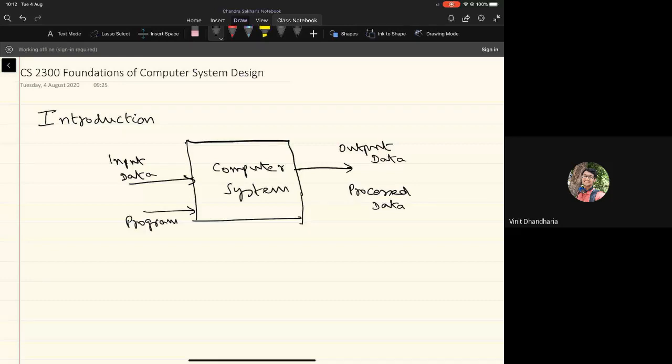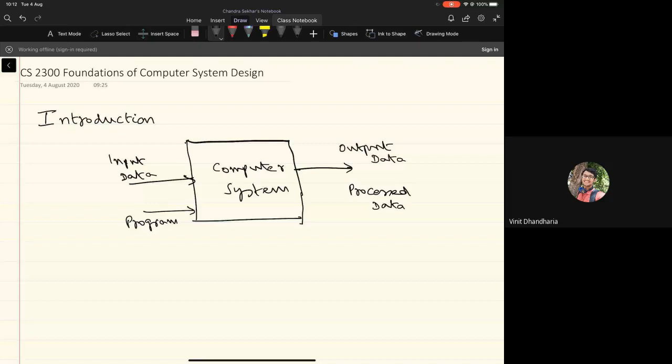And we need to understand each and every element in this. That is, what do we mean by input data, how the data gets represented, then what is the output data that we are getting, in what form this output data is represented. And what does a program contain, and how does this program get represented is one more aspect that we will be interested in understanding.